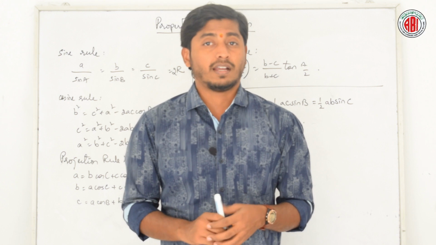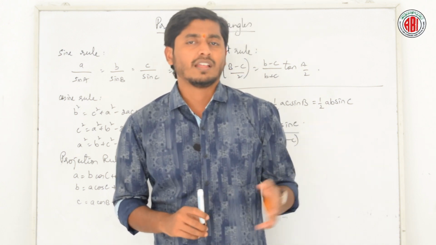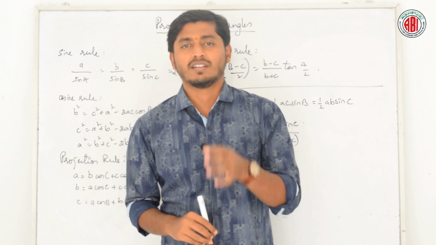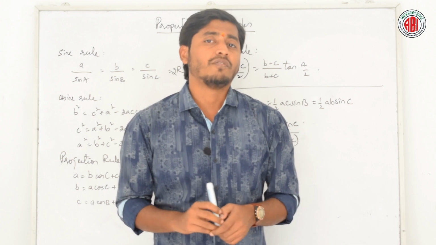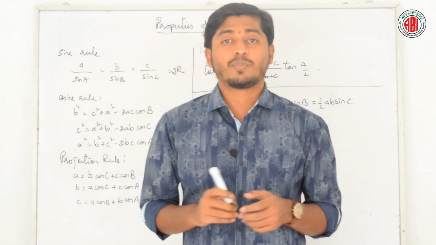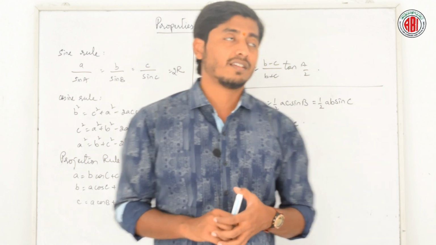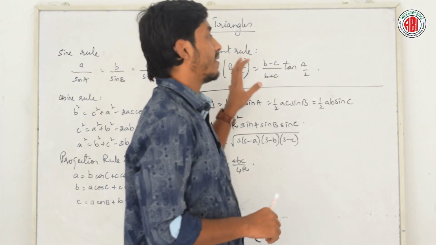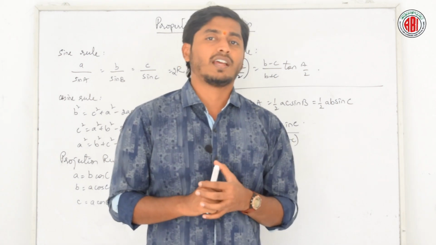We started our discussion with the first chapter, that is trigonometric ratios up to transformation. Then we continued with the equations, inverse, hyperbolic kind of chapters. Today we are going to study about the properties of triangles based on its trigonometric ratios. That is, this whole chapter discusses only the relationship between the angles and the sides of a triangle.